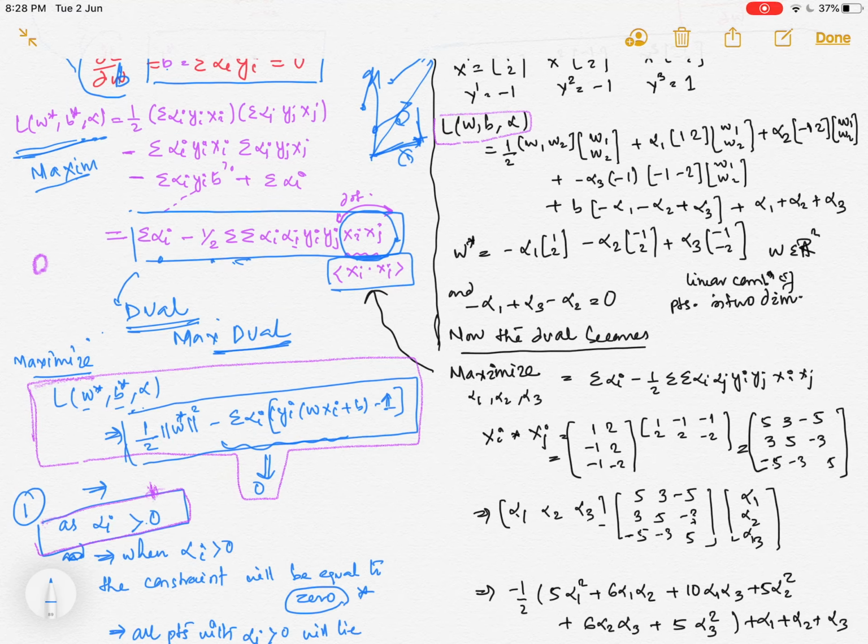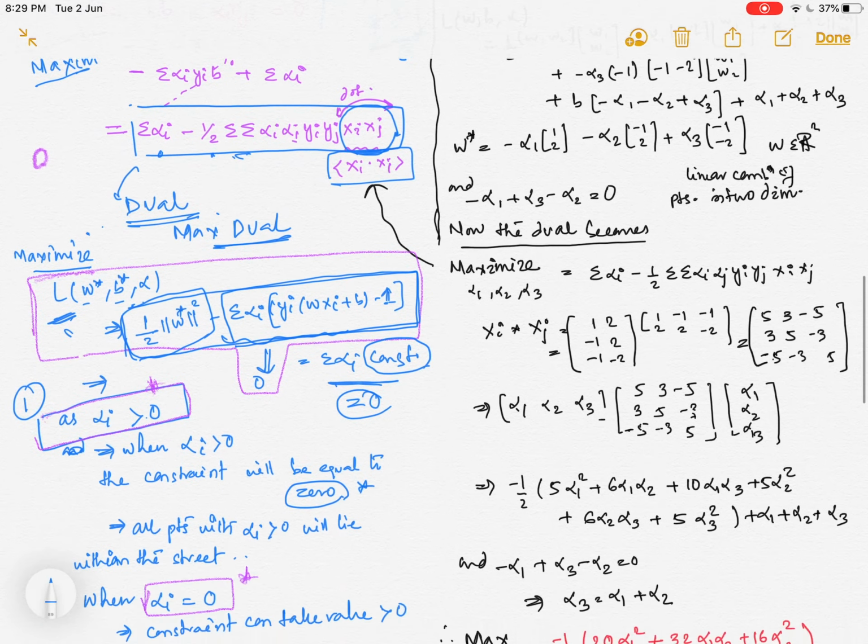Once after substitution we have the value, we see that the maximization problem of the Lagrangian is nothing but we have to minimize this particular value of sigma alpha i and the constant. Alpha is greater than or equal to 0 for a Lagrangian multiplier, and our constraint term is also greater than or equal to 0, which we already defined. So these two multipliers should be equal to 0 in order for this half mod w square to be greater than 0, or to be maximized.